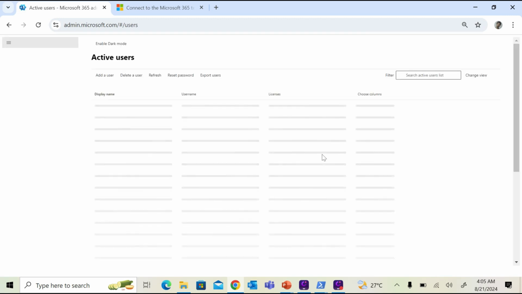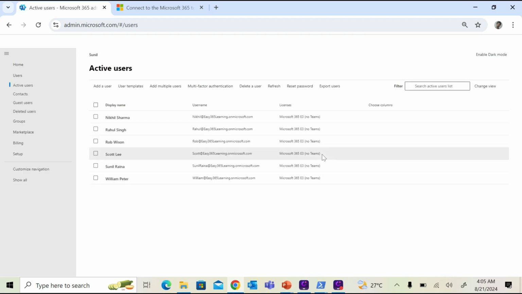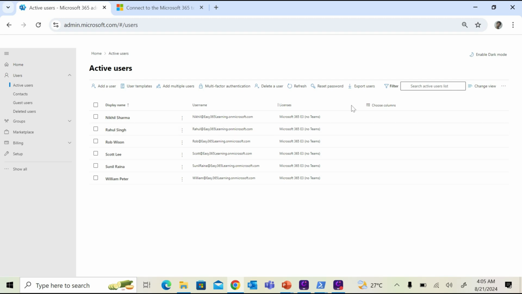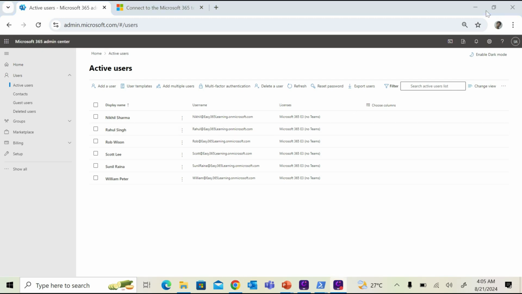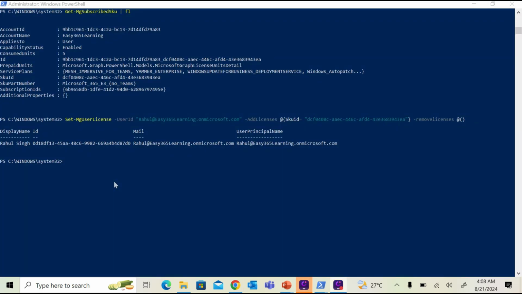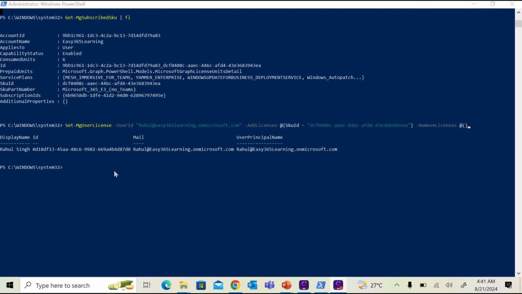So I'll just refresh this page from the top. Okay, perfect. This looks good. Now if I have to unassign the license for this user, I'll store the subscription in a variable and then call it in my commandlet. So what I will do is I'll create a variable with the name maybe license that will hold all my subscription related details,